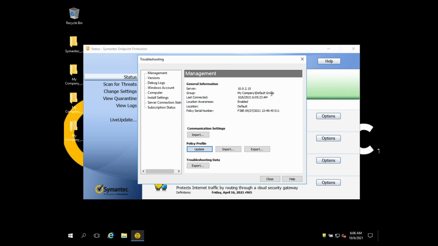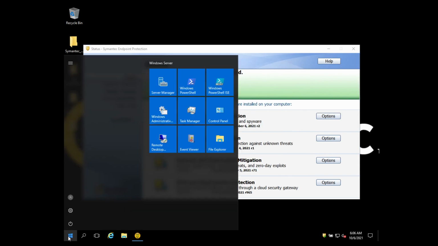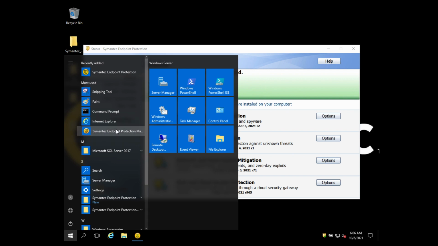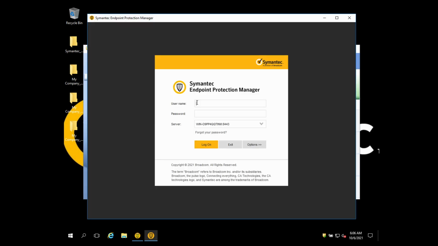Now we are going to check the Symantec Endpoint Protection Manager to see whether it's reporting or not. I'm going to log in with my admin username and password.